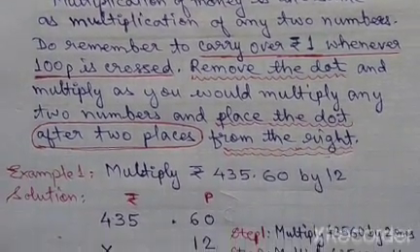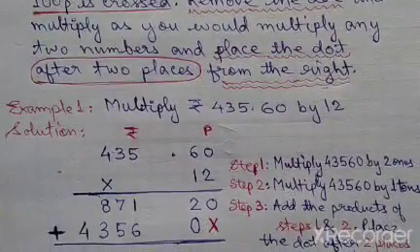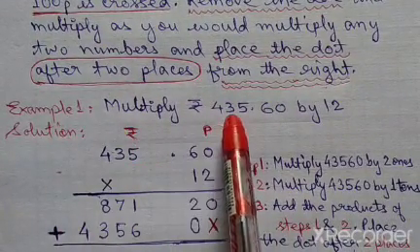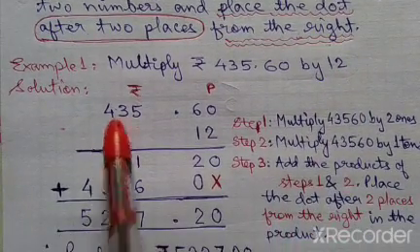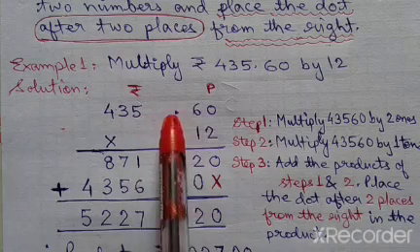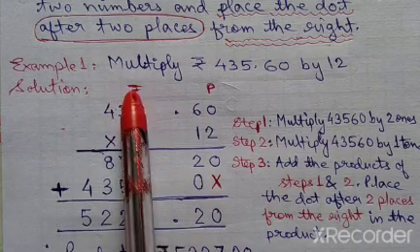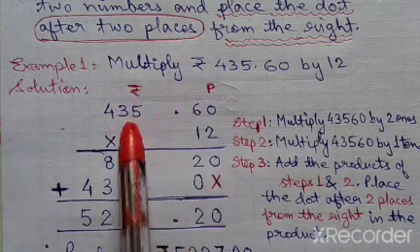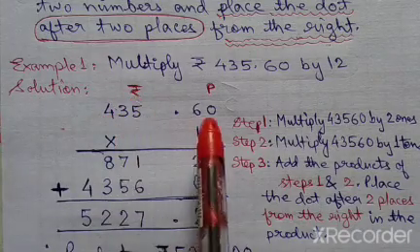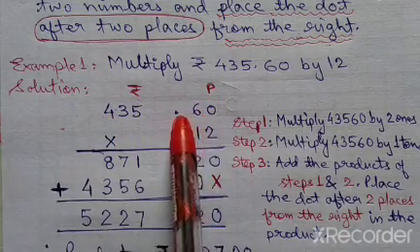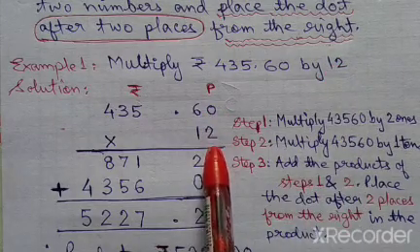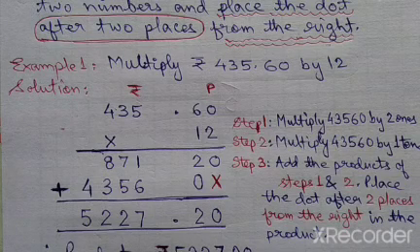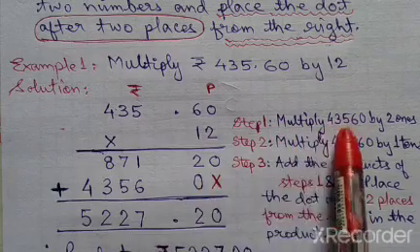Let us solve one question to make you understand more. Example 1, multiply rupees 435.60 by 12. So children, what will you write? First you write the multiplicand, this is rupees 435.60, upside you will write rupees and here paise. Just below rupees write the rupees amount, that is 435, and below paise you will write decimal 60, and next the multiplier, that is 12, right below 60, and multiply as you do in case of whole numbers, children, any simple number.